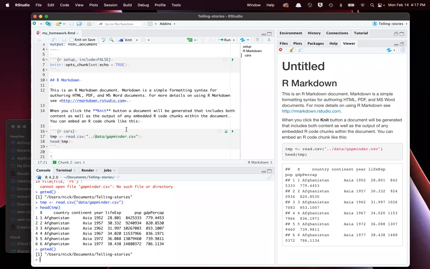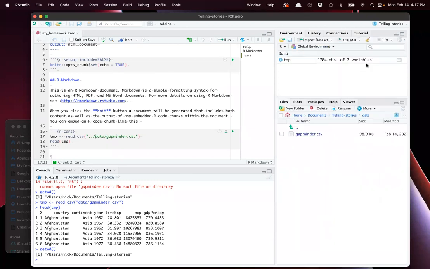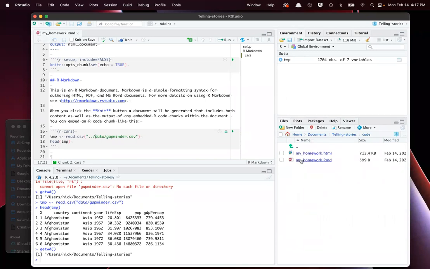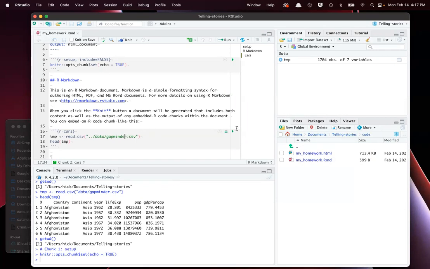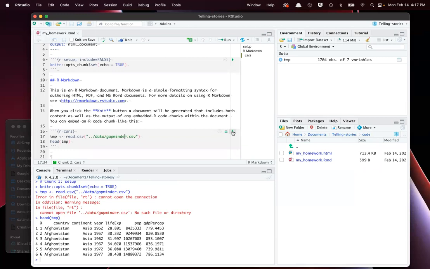Whereas this Markdown file is going to see the root directory as your telling stories code folder. So you need to do one of two things. One is manually at the beginning of the session, you could go to code and say, so if I just try to run this chunk here,